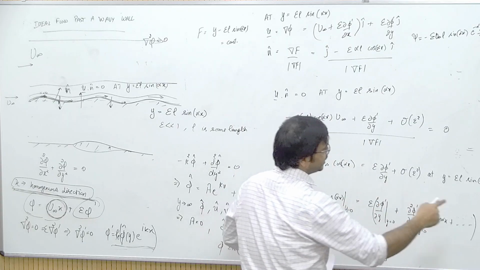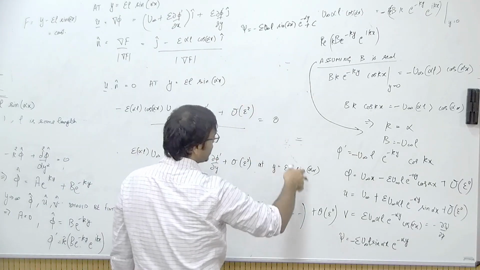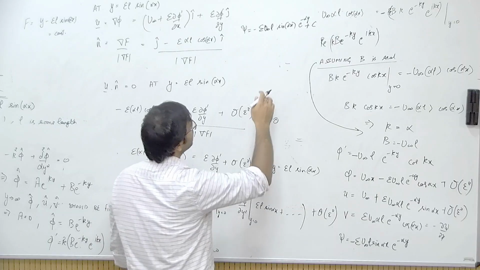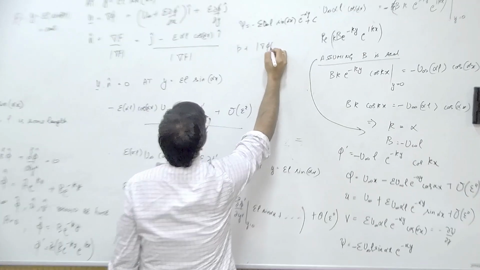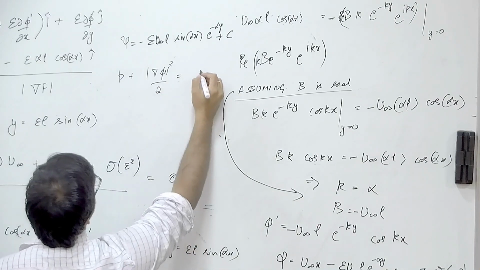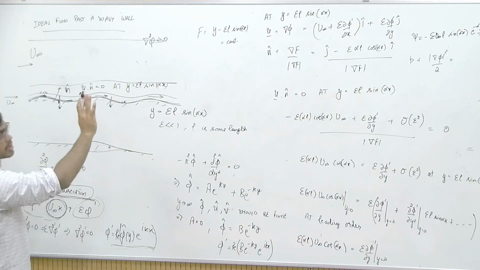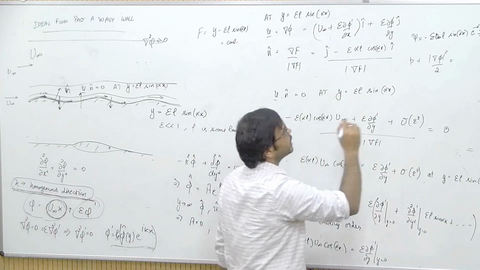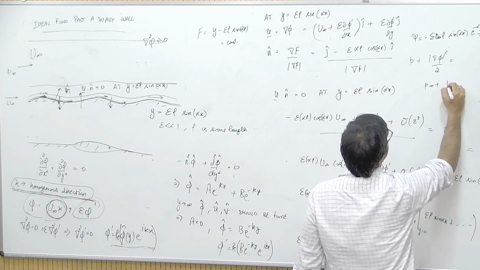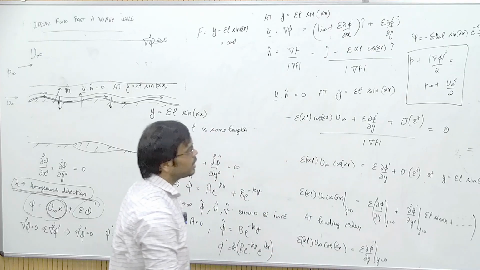You can also calculate pressure at y equal to epsilon sine alpha x, or by linearizing in this fashion, you can solve it at y equal to 0. You can get the pressure from your Bernoulli equation. So this is an ideal flow, you can apply Bernoulli equation across any 2 points. Let us say the pressure of the free stream is some p infinity. So you can say it is p infinity plus u infinity square by 2. And so you can use this to solve for pressure and use that pressure to compute any force on this